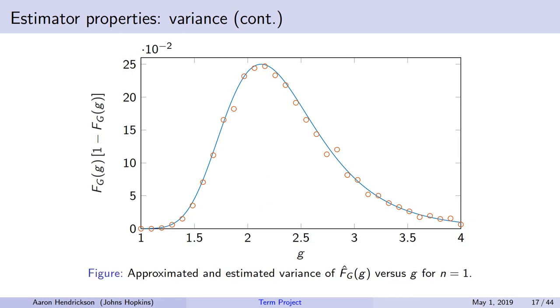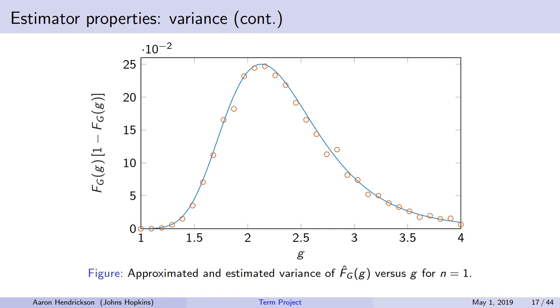So here I'm using just n equals 1, so a sample size of 1. And what we're seeing here is not a density function. This is a plot of the variance of our CDF estimator as a function of G. The blue line is the analytic approximation here. And then the scatter plot points here are estimates of the actual variance using a simulation. I provided the code for that in the appendix. The point is that you can see that it actually does a pretty good job